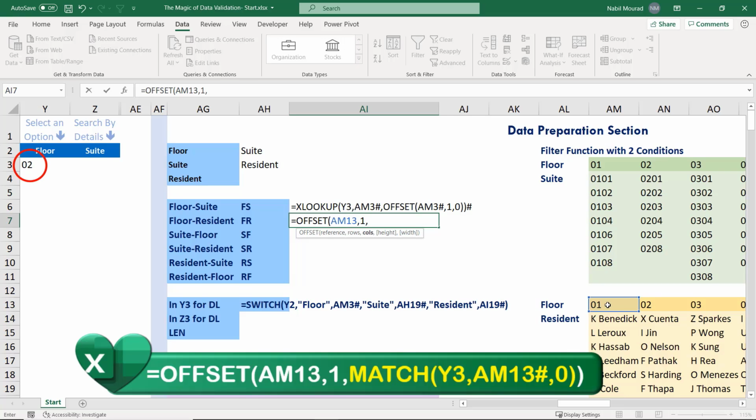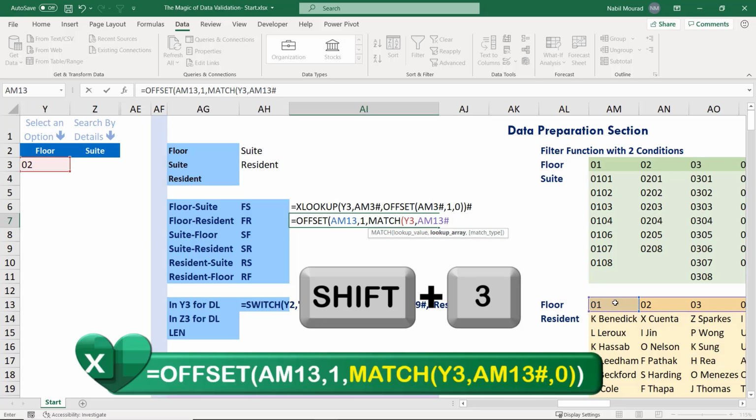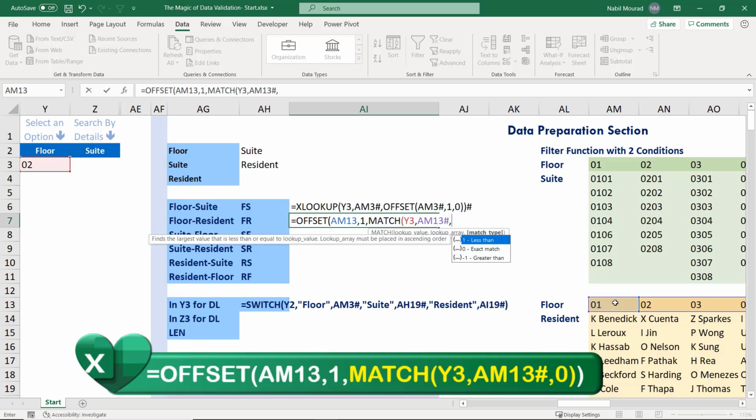So to do that, I'm going to use a match function. So I'll type match, and then I hit tab. I look at cell Y3. I type comma. Where would you like to match it? I want to match it in the entire spilled array of floors starting from AM13. So I click on AM13, I type Shift-3, the spilled array symbol, and then I hit comma. Are you looking at an exact match, less than or greater than? I type 0 for exact match, and I close the bracket for the match function, and I close the bracket